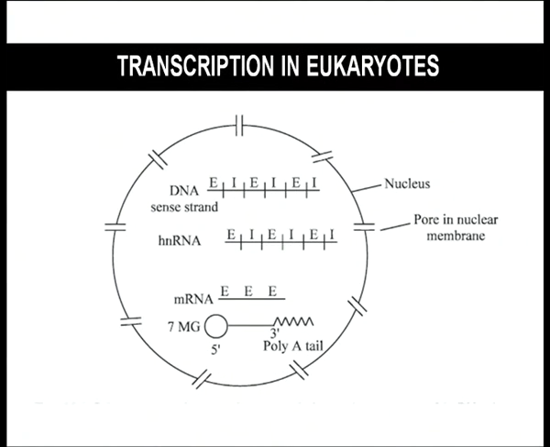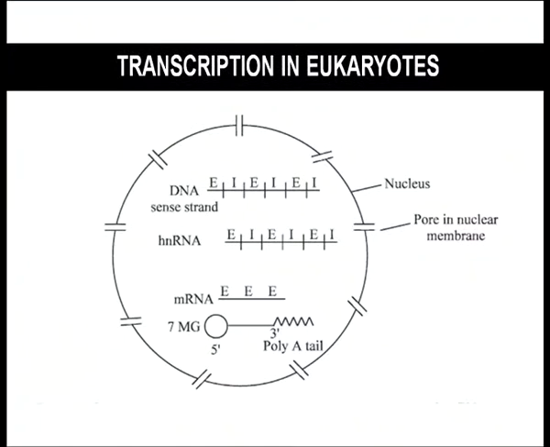In this slide we can see that E represents the exons and I represents the introns. The mRNA has been formed which carries the exons as well as the introns. Now what happens? The introns are removed and the exons are joined together to form the messenger RNA which is active now. The processed messenger RNA will ultimately result in protein synthesis.